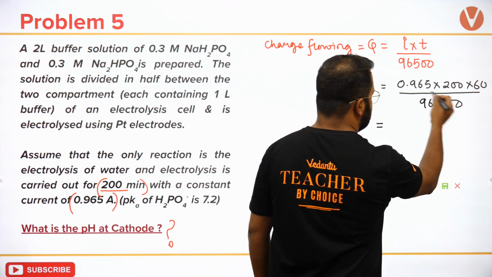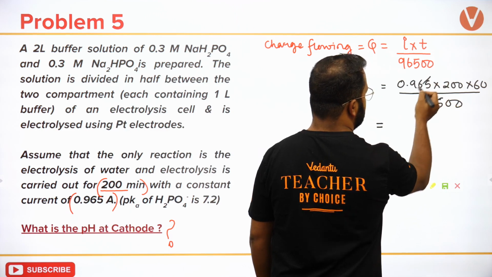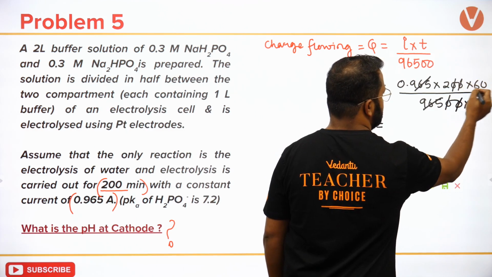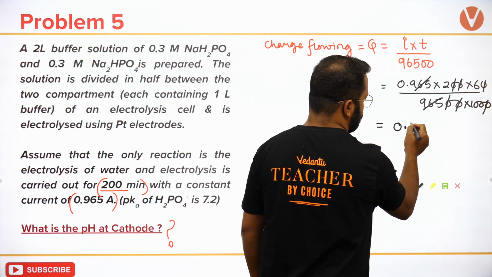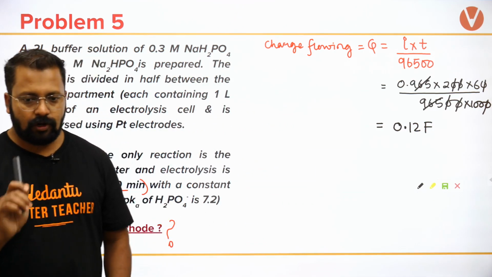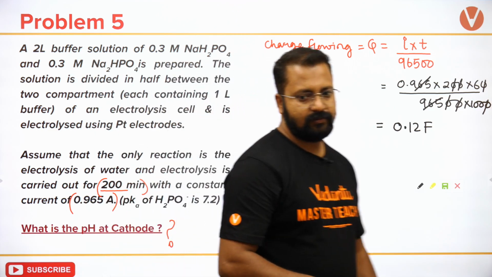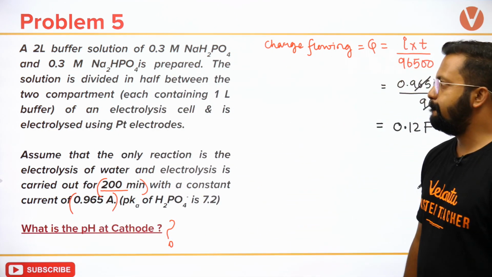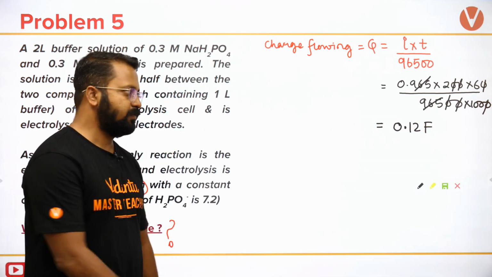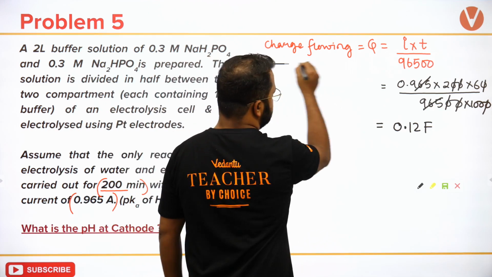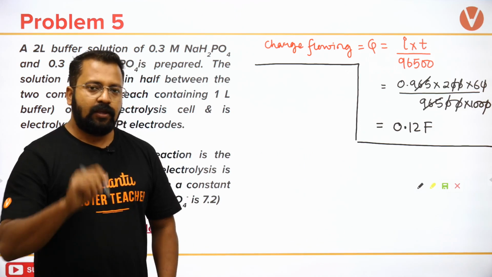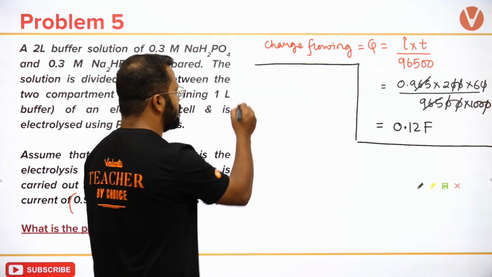So 0.965 मैं इसको कैंसिल कर देता हूँ और यहाँ पे मैंने 1000 लिख दिया. This gets cancelled, so I will get 0.12 Faraday. ठीक है, 0.12 not 12, 0.12 Faraday आना चाहिए. The right answer will be 0.12 Faraday. Clear? So this is the first half of the question. We will use 0.12 Faraday to go ahead in the question, and question में दूसरा part क्या हम करेंगे कि